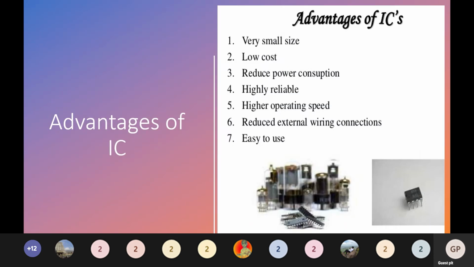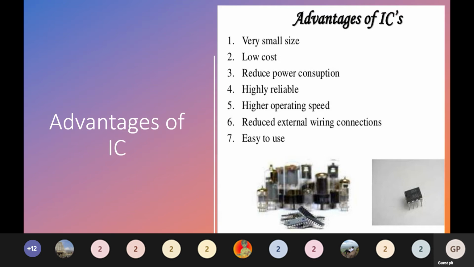And we see what are the advantages of these ICs. Why has this IC technology come, what is the advantage of this? Of course, we all know the foremost important advantage of this IC is size. Okay, so very small in size. We all know it is miniaturization, and therefore we can increase the equipment density. So that is the foremost, very important advantage.